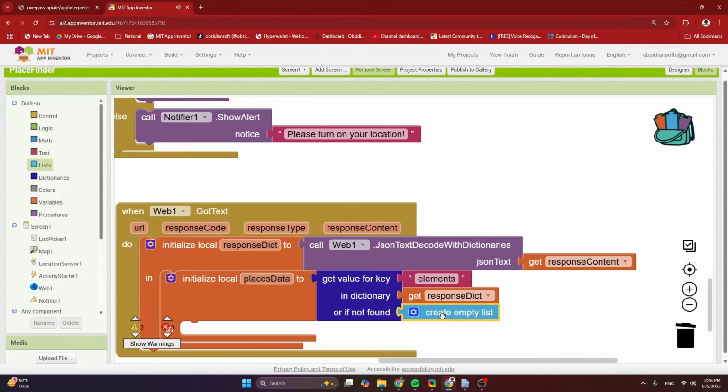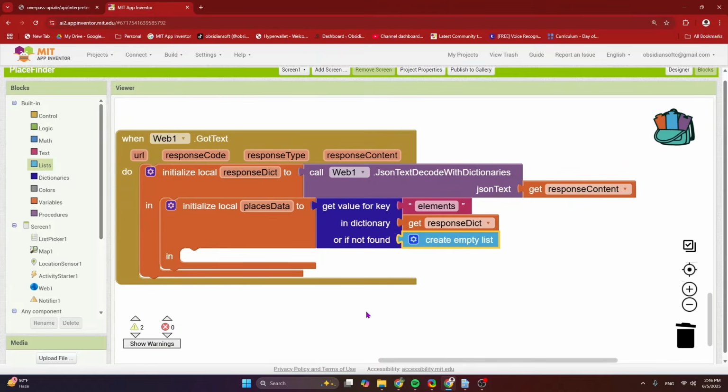Next, we are going to reset our global places names and map's features. This is to remove all the old map data. Remember that we can be changing the place name, the amenity name, from the list picker, so we need to renew our map with renewed markers. So for that we need to empty our old places names.